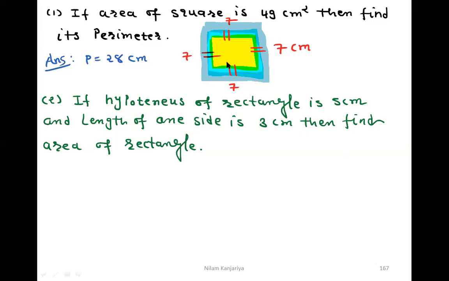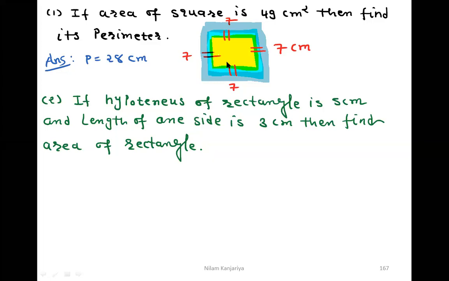So the remaining students of the electrical and the chemical, did you understand this question? If you don't, I'm free to solve it. Otherwise, it is very simple. You just use the formula of the area, side square, and find the value of the side, and put the length in the formula of the perimeter and you get the perimeter.